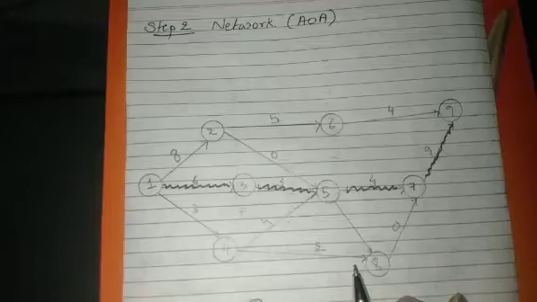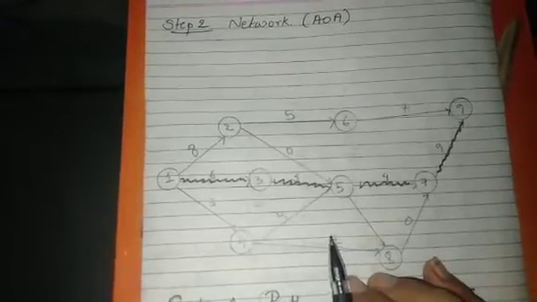After finding the variance and mean time, you have to draw the network, and this time the network is activity on arrow. So I would be showing you all the activities, that is from first activity the 3 activities are coming out, that is 2, 3 and 4. The same thing I have drawn, that is from first activity 3 different activities, that is 2, 3 and 4, have originated.